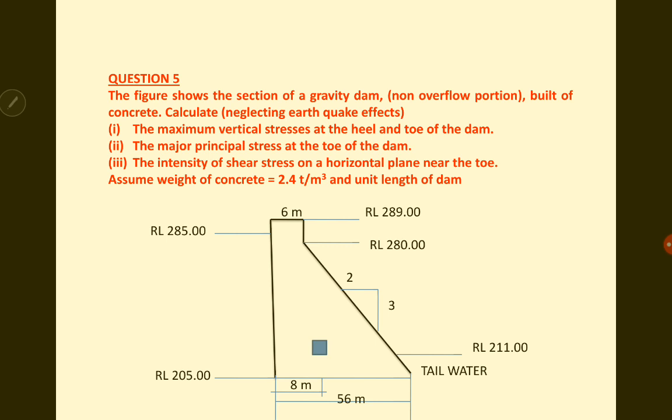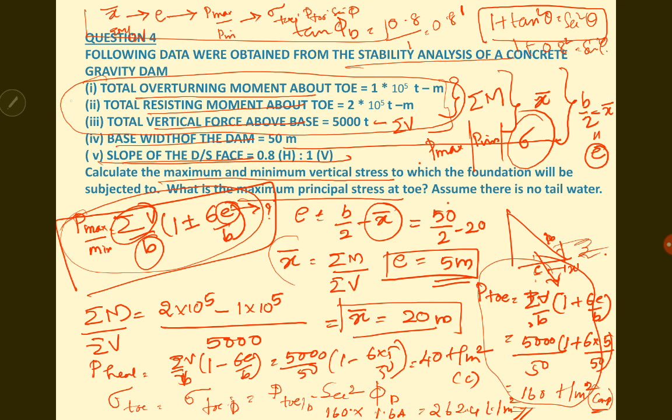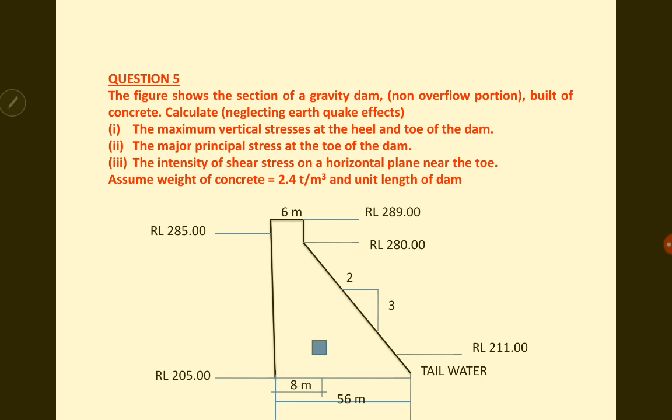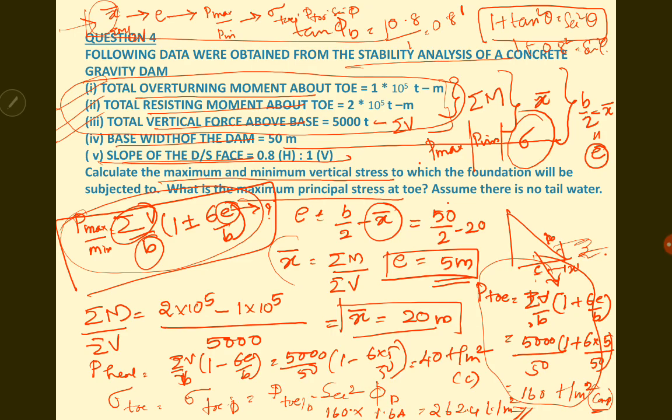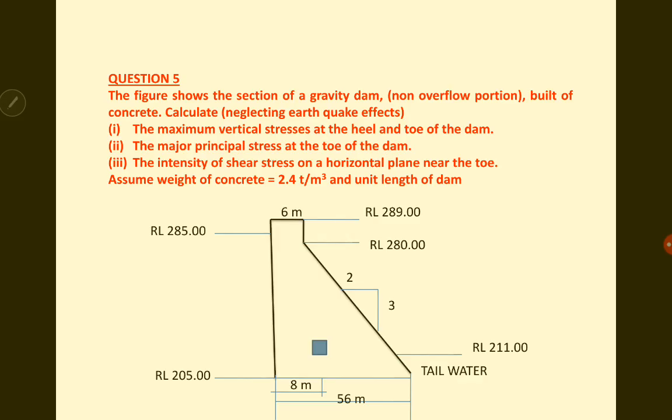Okay, having known these things, you have to first find these three data. Only once you find these three data, then you can proceed with finding the X bar value or E value, and then P max, P minimum. This flow can begin only once you find this X bar value. So before you find the X bar value, you must be knowing sigma M and sigma V, right? Sigma M and sigma V are not directly given. So what to do? First you have to find out the value of sigma M and sigma V. Okay, so note down this question.